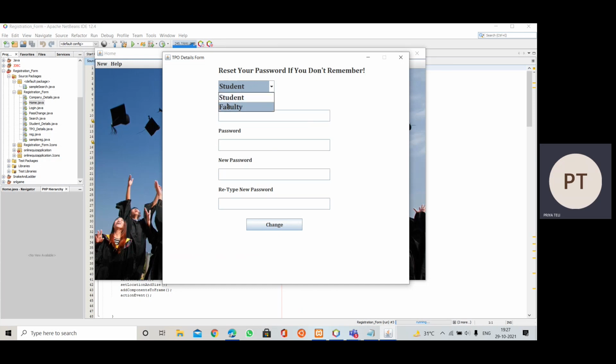Here also we have provided the choice whether the particular user is a student or a faculty. If that particular student wants to change his or her password, then he will have to insert his or her user ID first, and then the older password is inserted here.